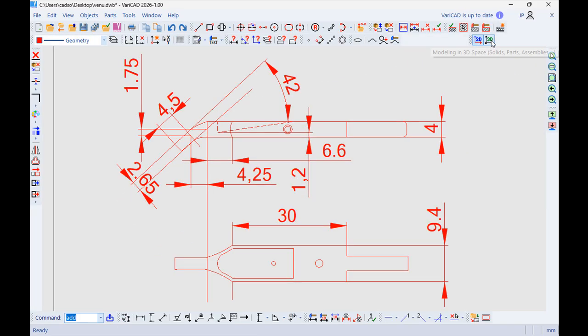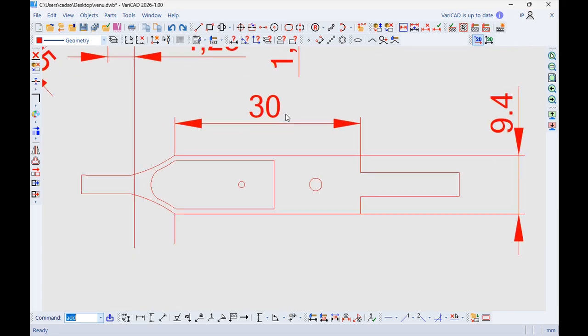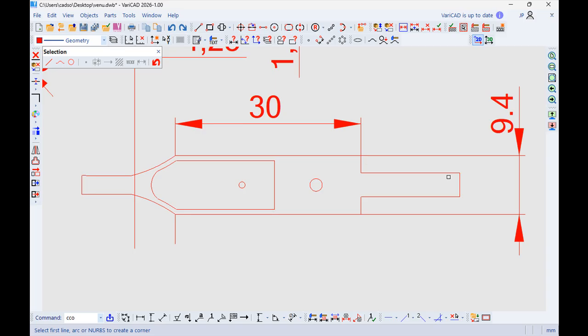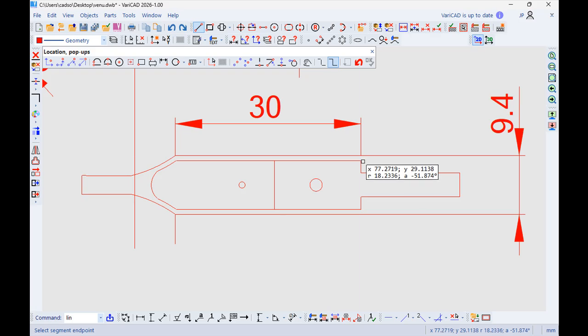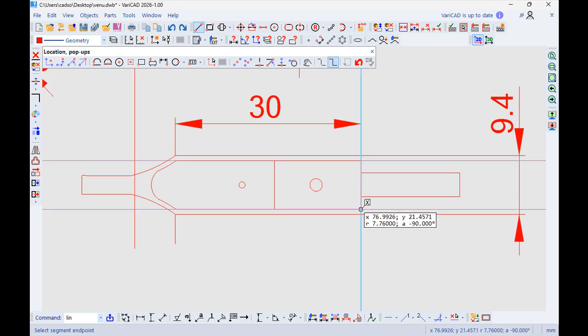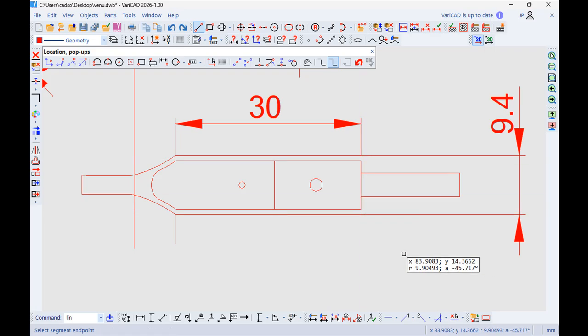So 2D, now I will create the slot, the angular slot, and for that purpose I will create shape here, continuous shape, done.